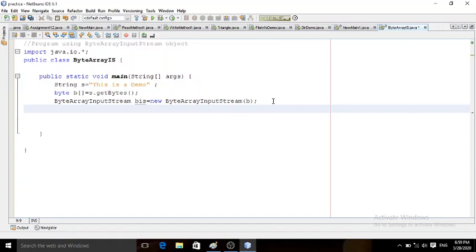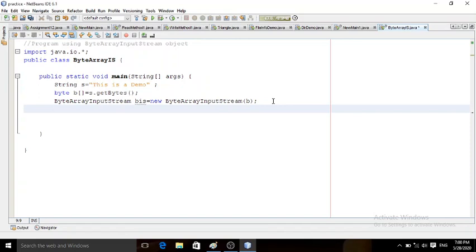We know that if we want to read byte by byte from this byte array, we have to use the read method. Yesterday, in the last lecture, we saw the methods related to input stream. For reference, I am giving the link for the last lecture in the description box.